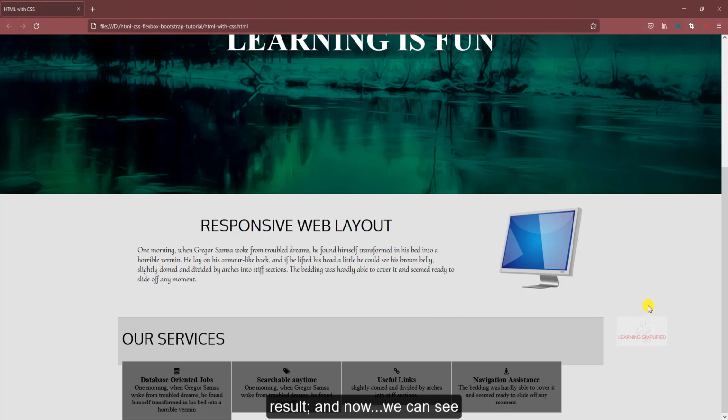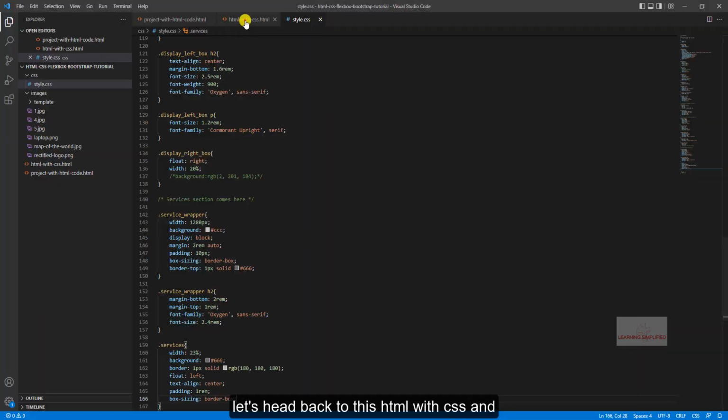And now we can see that there is a definite problem. The container is not holding up each and every services section within itself. This is due to the fact that we had made usage of a float left condition, but we haven't specified anything to clear the spaces from both the sides of these individual segments, and that is why this disruptive display is taking place. To avoid it and to overcome it, all we need to do, let's head back to this